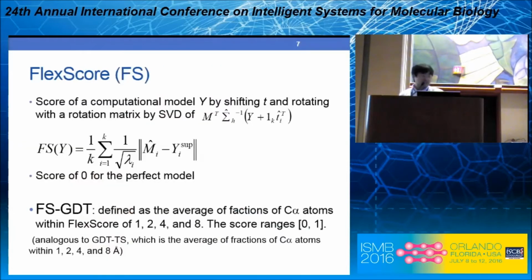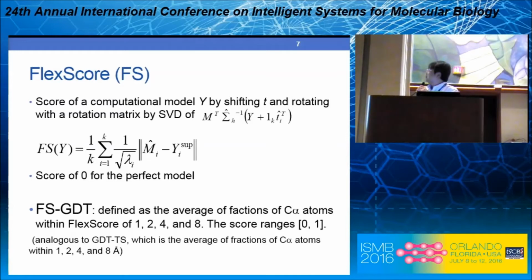Now, once I'm prepared, I have superimposed all the structures in the ensemble together. That's the ground truth for the computational structure model. Suppose I have a computational model Y from somewhere. Then I want to evaluate how good this model is relative to the ensemble of structures. To do that, I rotate the model based on the covariance matrix I computed before, and then, very simply,